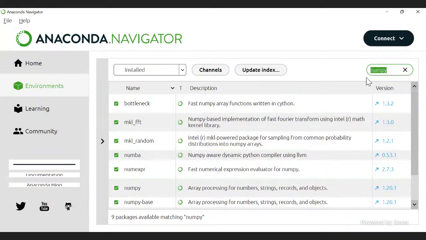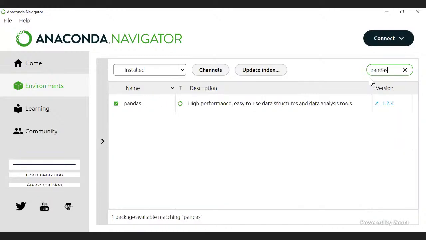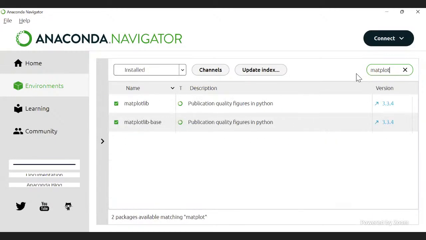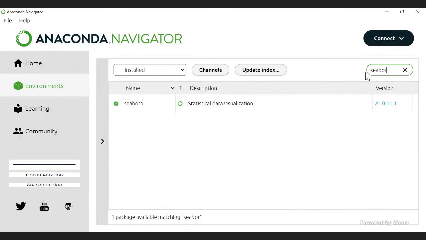So right now I'm here. Let me go ahead and check for all my 4 libraries. Pandas. Yes, I have Pandas. Matplotlib. I have Matplotlib and Seaborn.